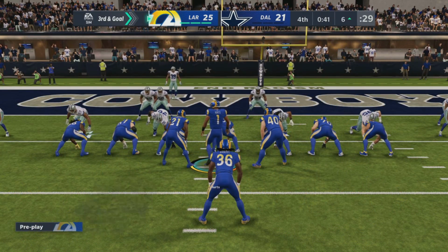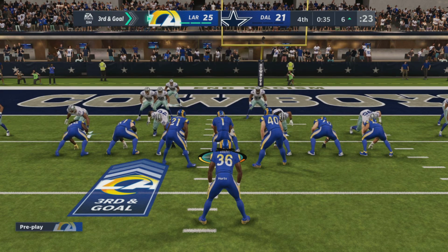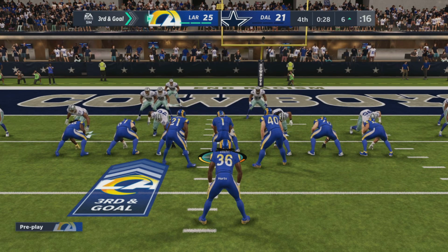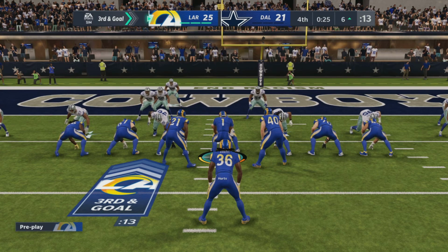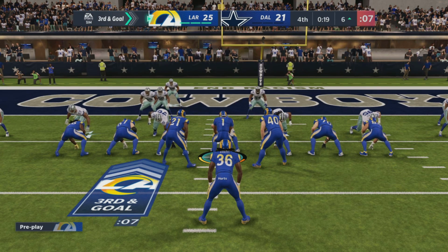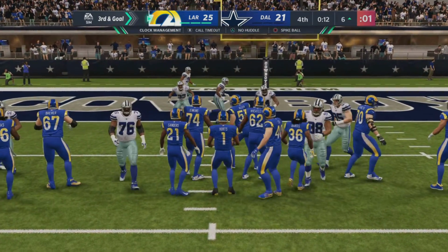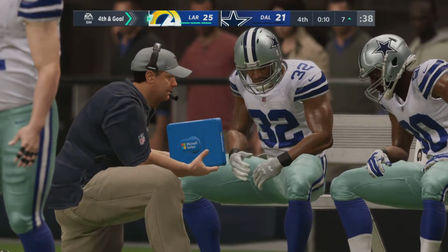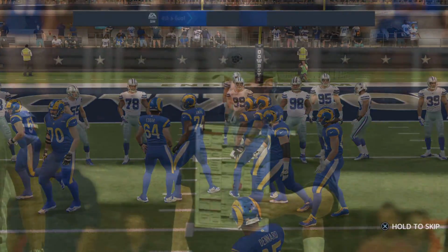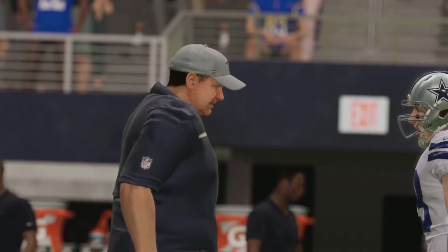A lot of tired bodies on that field, but this is a big play, 3rd and goal. Hurts down to one knee, and that should just about do it. So on 4th down, out trots the kicker in a big spot here. From the left hash, a chip shot here. So the L.A. Rams with a victory here, and they were buoyed, Charles,